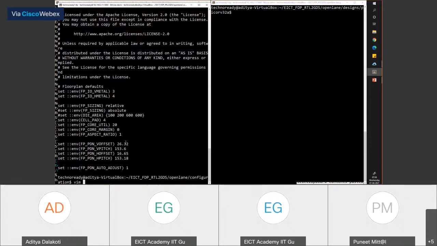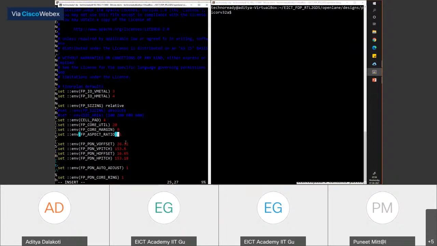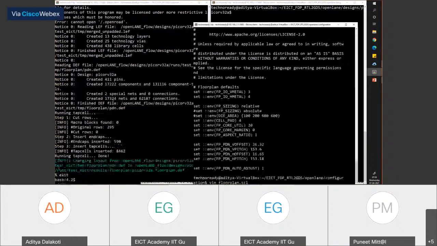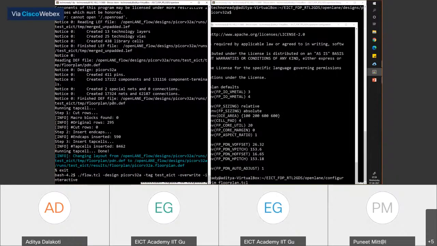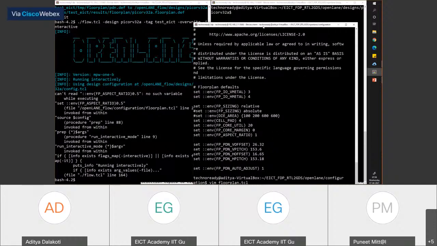So let's do vim floorplan.tcl. Insert, let's make this 0.5 and see what happens. Escape, WQ. And let's run this again. Okay, there's some issue executing this.